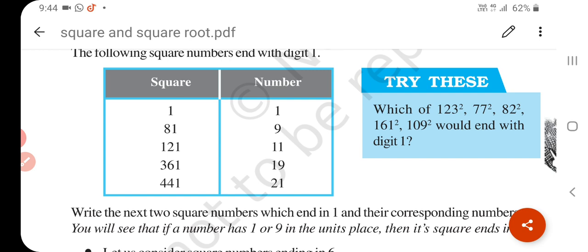A natural number is called a perfect square or a square number if it is the square of some natural number. If I tell you 4 is the square of a natural number, then you can say yes, 4 is a perfect square number, but 30 is not a perfect square number. And 21 is not a perfect square number either.